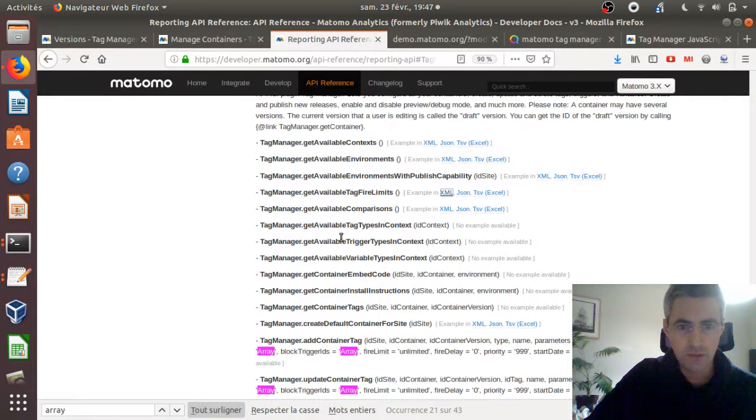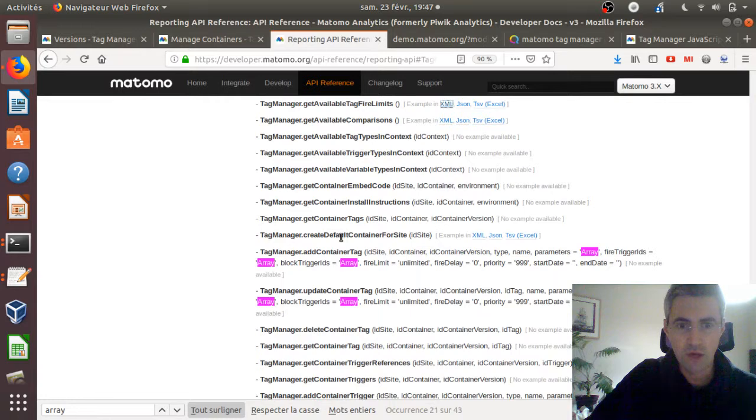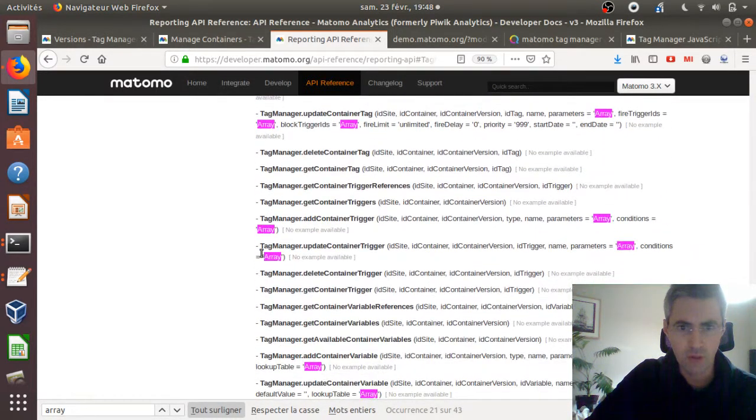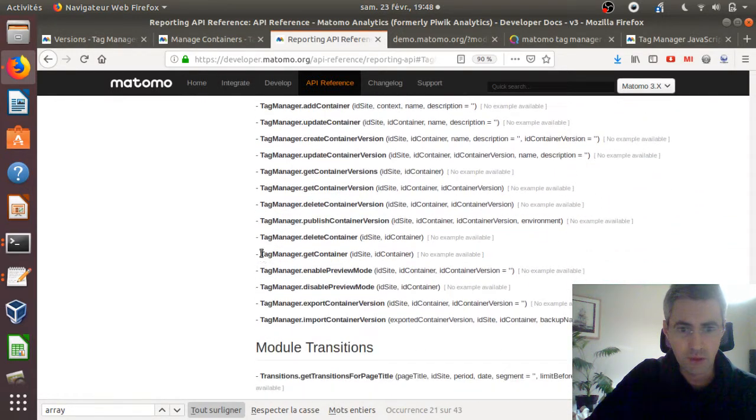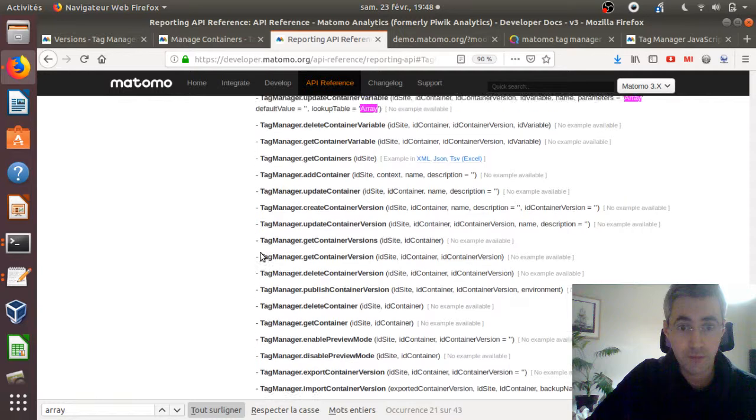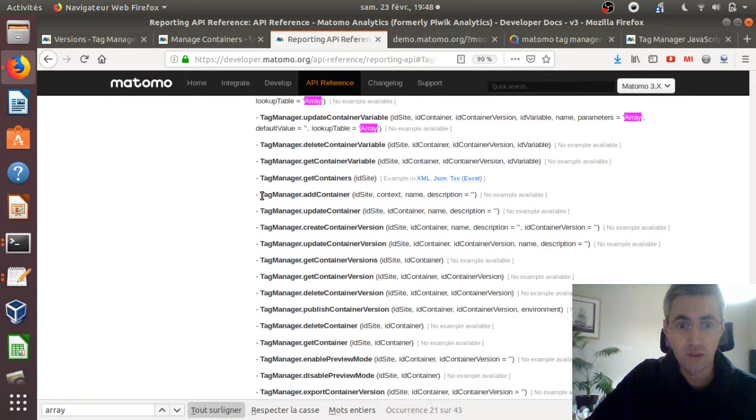Okay, let's give a short example. In my case, let's say that I would like to add a container. Let's take one simple. I'm going to choose this one, right? You see, I need to make a request in order to add a container, and I need to pass the different parameters, which are the ID site, the context,